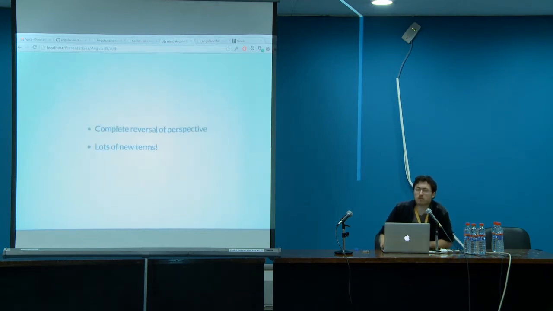So why is AngularJS so hard? Everybody says AngularJS is so complicated and so different. I think this owes mainly to two things. First of all, Angular and Ember and Knockout and all of these other frameworks are part of a new wave of JavaScript frameworks that completely reverse the perspective that we've all been used to for years and years about designing front-end applications.